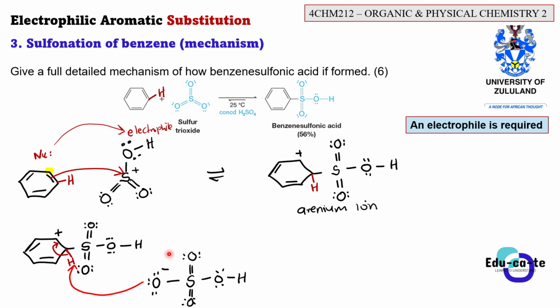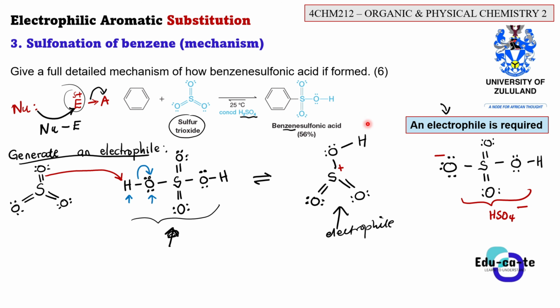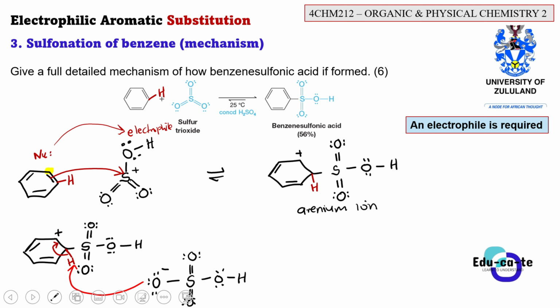Since in the reaction mixture we still have HSO4 minus, the one that we got from H2SO4. This HSO4 minus has an oxygen that is slightly basic. So this oxygen is able to abstract, or take away, a proton from this benzene ring, this arenium ion in general. If it takes away this hydrogen, which is already bonded to this carbon, what will happen to the bond between them? It will break, and the electrons of the bond will be used to form another bond here, and then this will give us something like this.